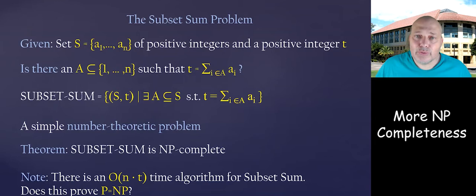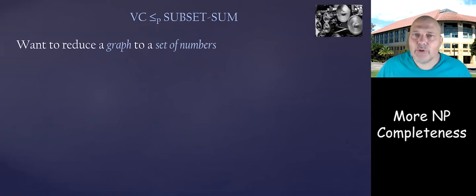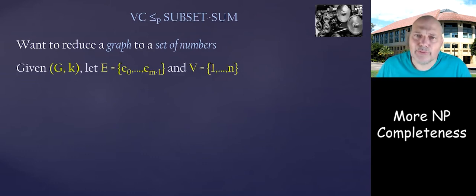And let's go prove that subset sum is NP-complete. We're going to show it by a reduction from vertex cover, but we also need to show that subset sum is in NP. And again, this is easy. The witness for subset sum is just the subset of indices, and you can just sum up the numbers that correspond to these indices and see if they reach the target. Now we want to reduce a graph and an integer to a set of numbers. And let's talk about the reduction.